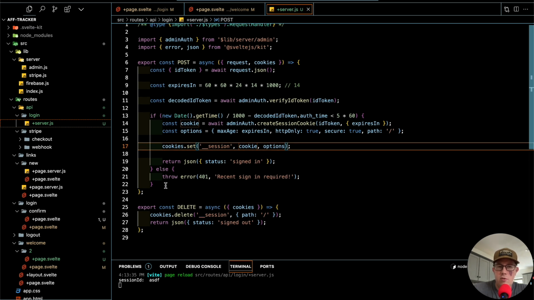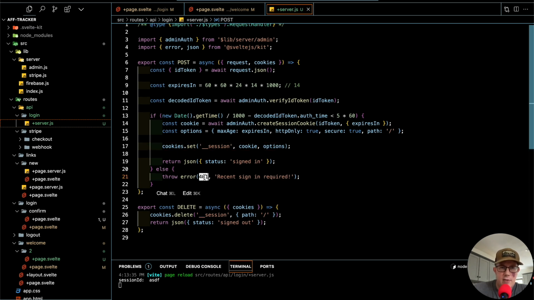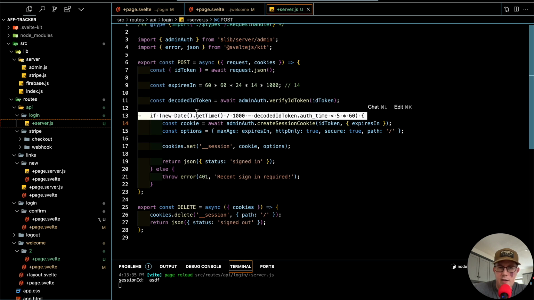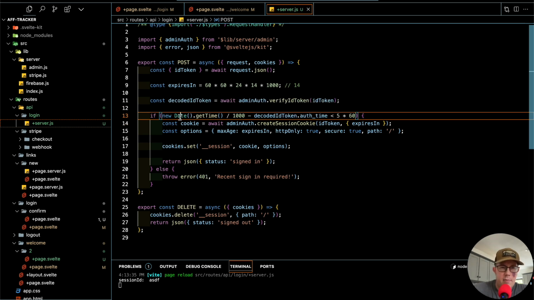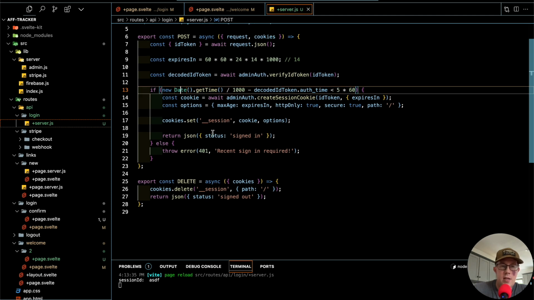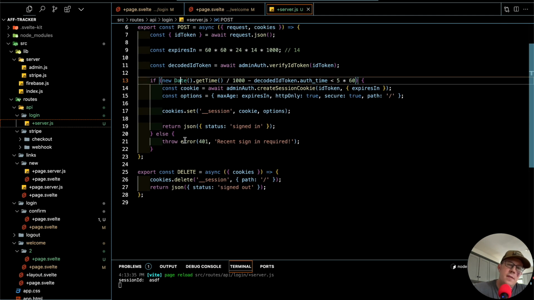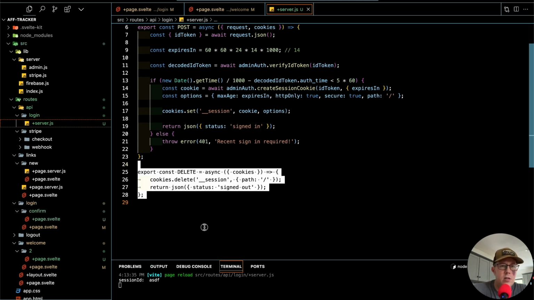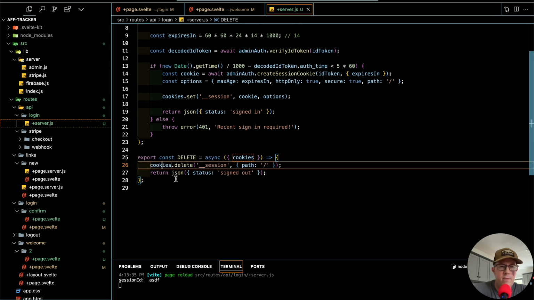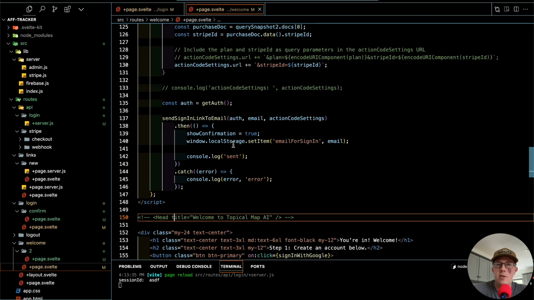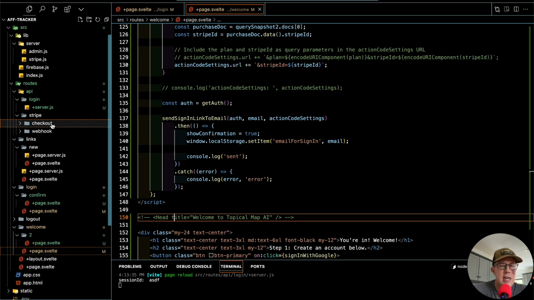Else, I'm going to throw a 401 status if this date thing right here wasn't in the proper amount of time, right? And then skipping ahead here, this API login also has a delete cookies thing. When somebody gets logged out, I will call this and it will delete that cookie from the browser. Now there's one more thing I need to do. I just kind of realized this. I need a